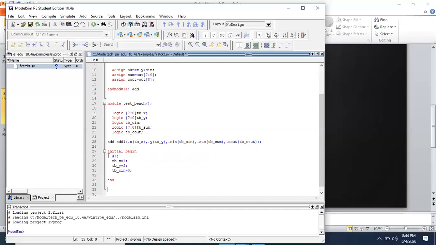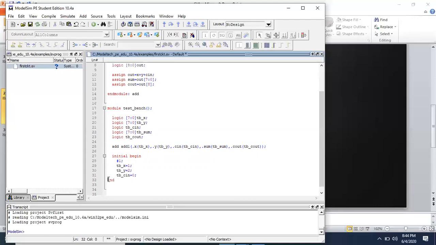Okay, so initial. And then at last you have to mention the end module statement, and the module name is test underscore bench, and then you save this by clicking on the save button.